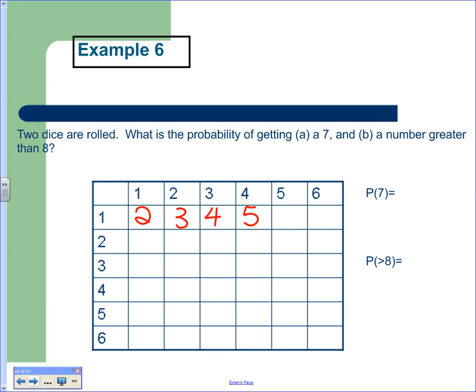You might want to be making this one on your paper because you're going to need it. We had one of these charts. You have to make it yourself every time. Yeah, you cannot take a chart with you to the test. You need to know how to make it. If you can't make this, maybe you don't need to be in gifted if you can't add your numbers correctly. Because that's all you're doing here. That's it. You're adding.